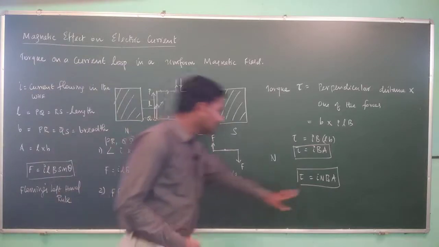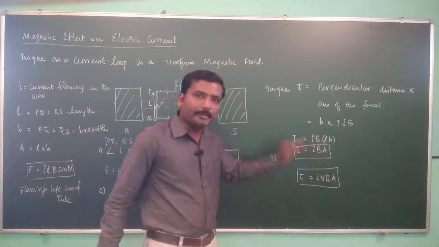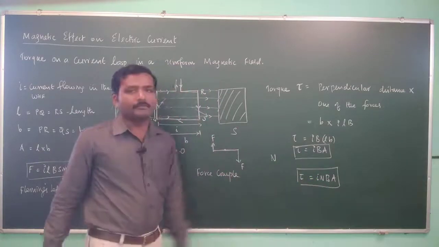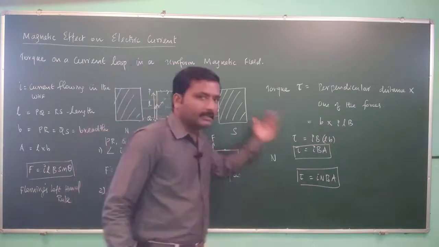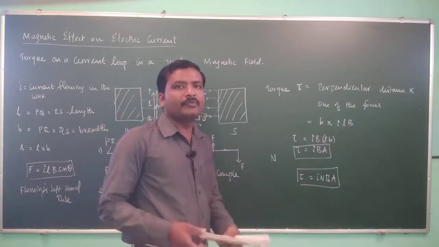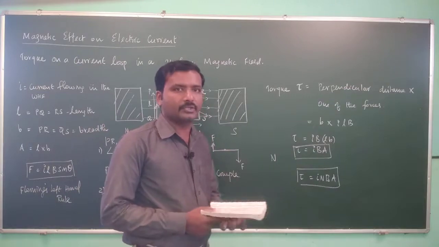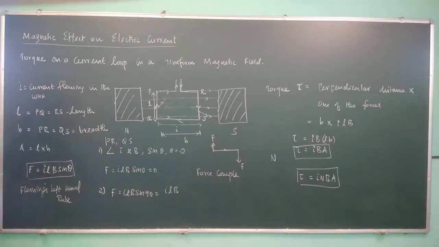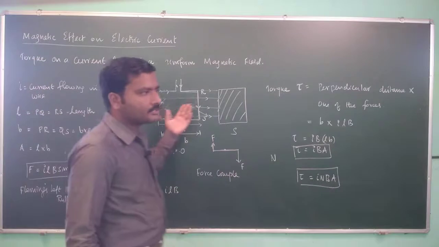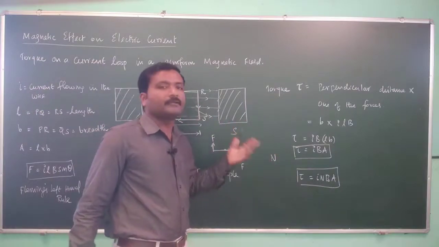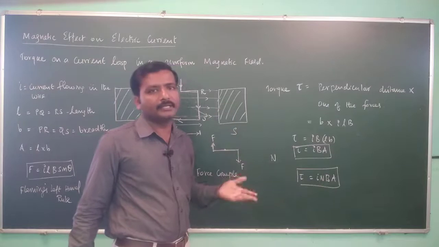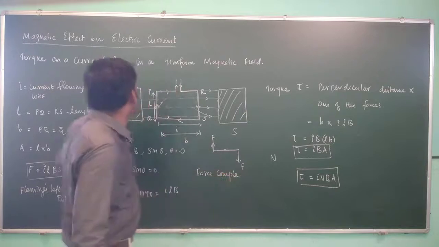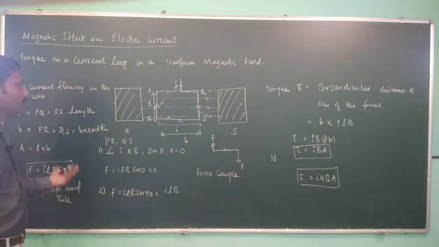And this concept of torque is the base for the moving coil galvanometer. The application of the moving coil galvanometer comes from this concept. It's a very simple concept, and let us continue with how the moving coil galvanometer works in the next lecture. So today we have discussed the Oersted experiment and Ampere's swimming rule, and then the force expression for a current carrying wire placed in a magnetic field, Fleming's left hand rule to denote the direction of the force, and an expression for torque on a current loop in a uniform magnetic field.